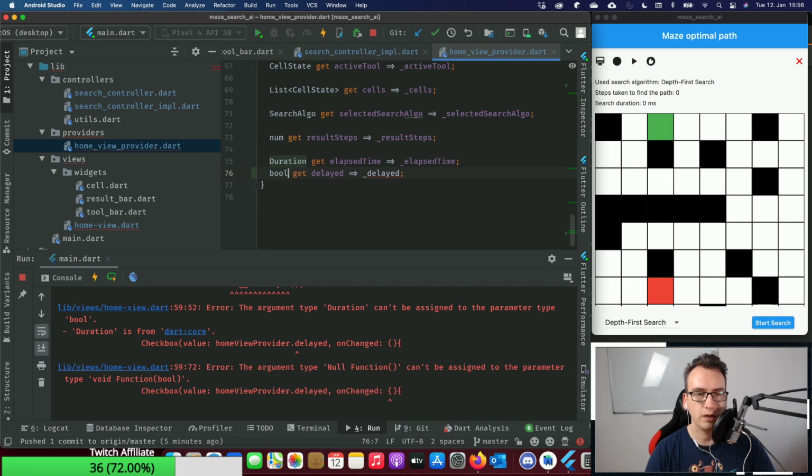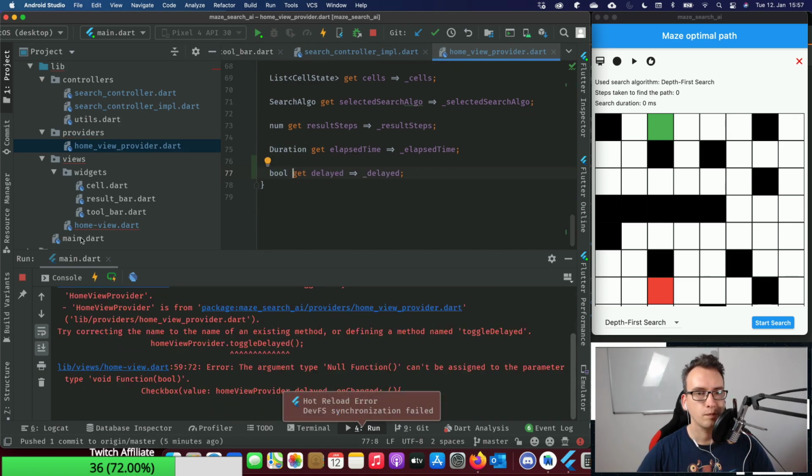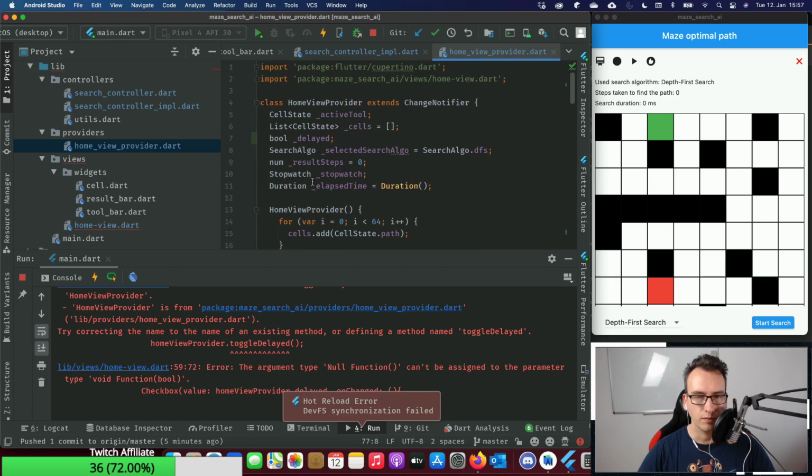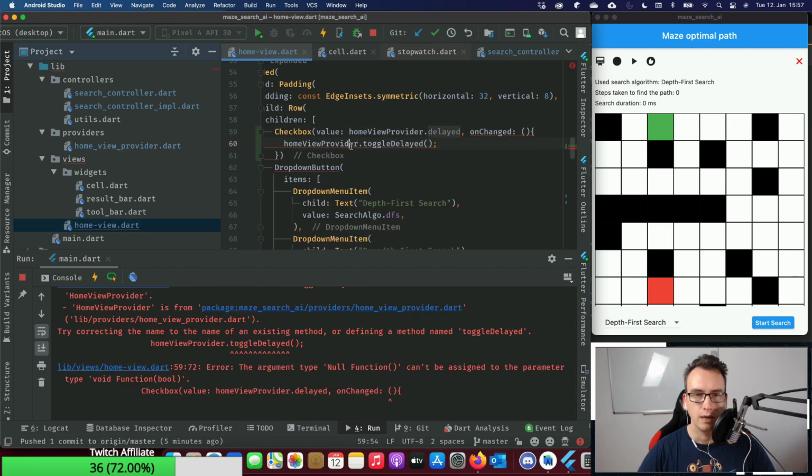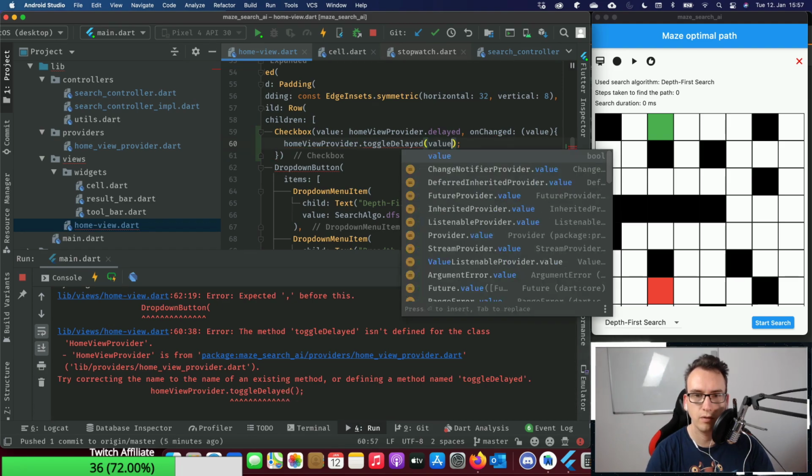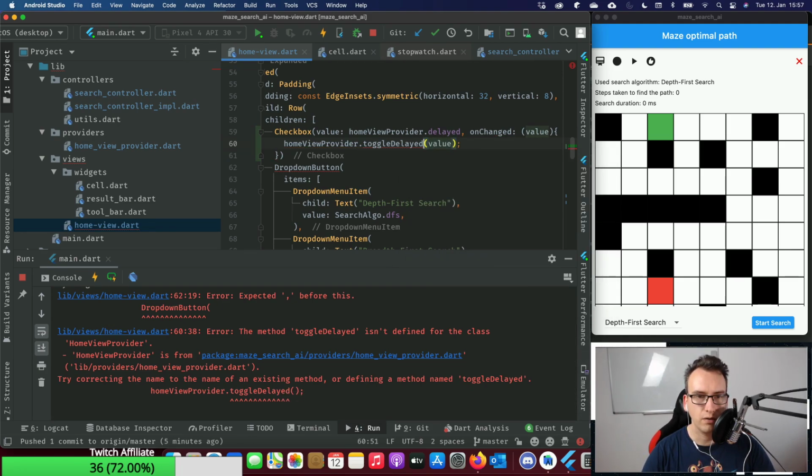And this is a Boolean that we return. And at the beginning, this is always false. And here we have our toggle delayed, and the question is if we need this onChanged, but we can take that, I guess, giving the value inside.